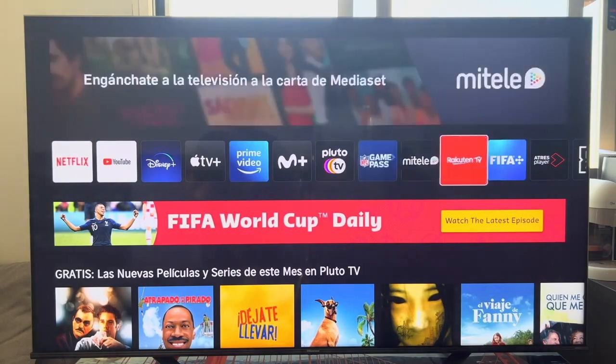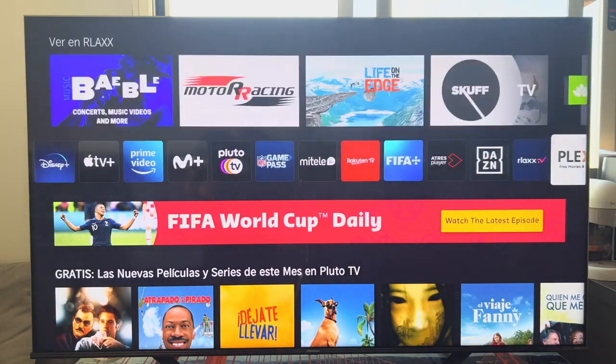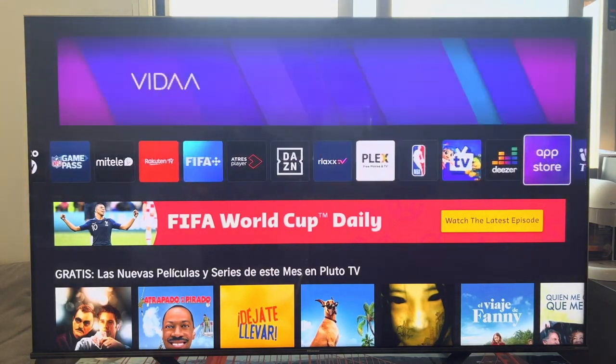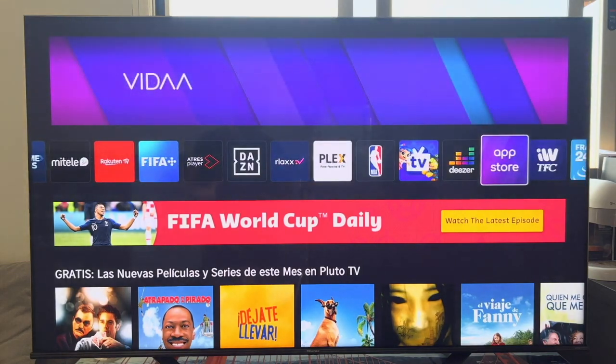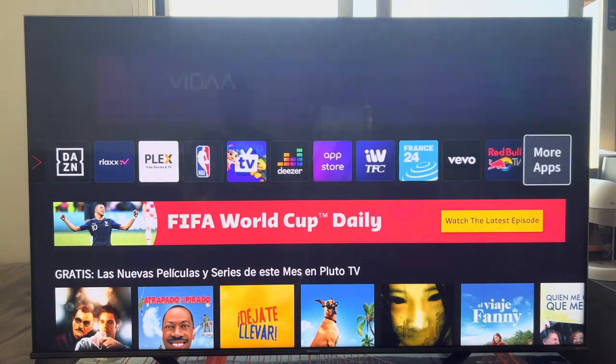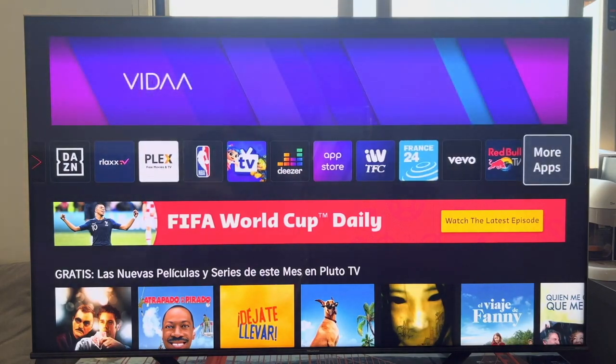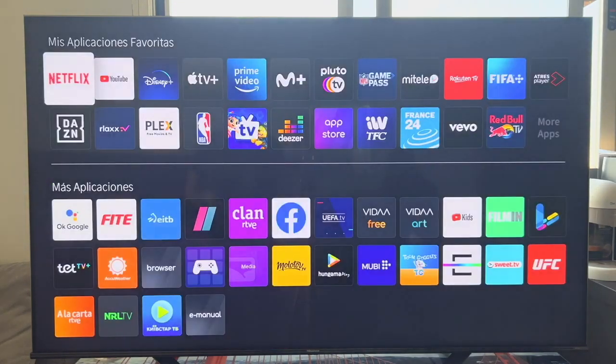And if we go to the right-hand side of everything, there you have the App Store. From here we can download more applications. Now we can see it as well. If we go to the right, we'll get to where it says More Apps. If we click it, we enter above those that are the favorites or down to More Apps, where we have